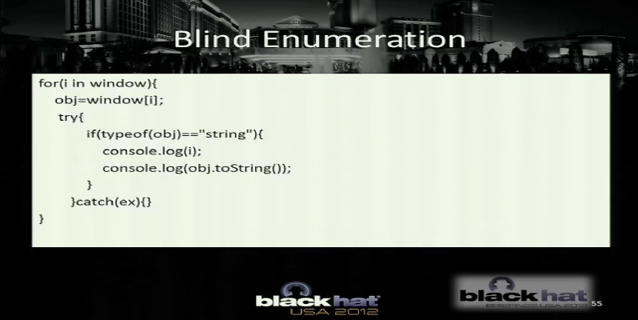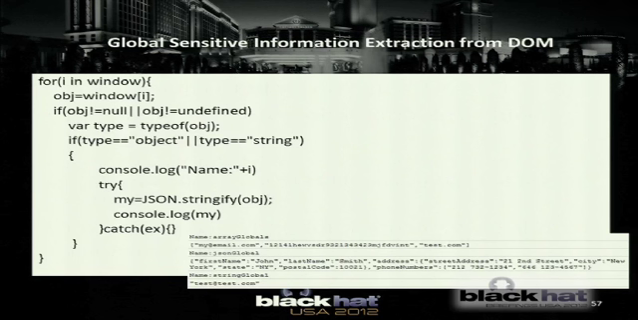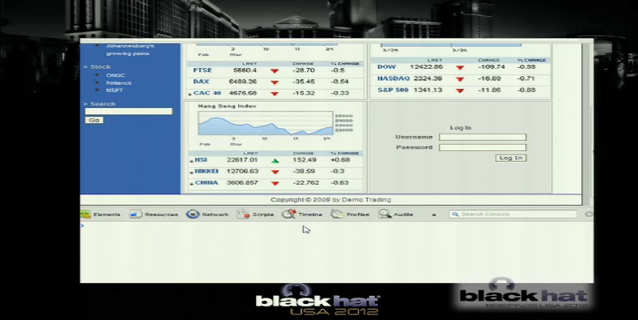So again, you can loop through the global variables and extract them from the DOM. Many times you go around and look for these global variables, and you find a lot of interesting information on them, like email, your OAuth tokens, and so on. So you can extract all these over here. Say, for example, on this application,